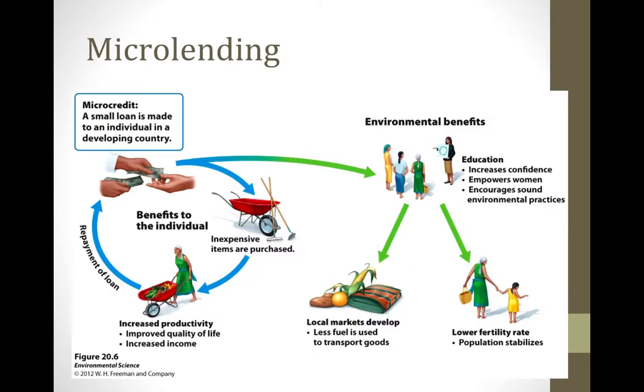So let's talk about another option. This is something that's being done in other countries. We saw the video Don't Panic by Hans Rosling. This concept of microlending is one of the things I'm sure he would have recommended as a way to help the extremely poor get out of poverty, for the people who are willing to work hard and want to do what's right. So basically, the way that microlending works is that a very small loan is given to an individual